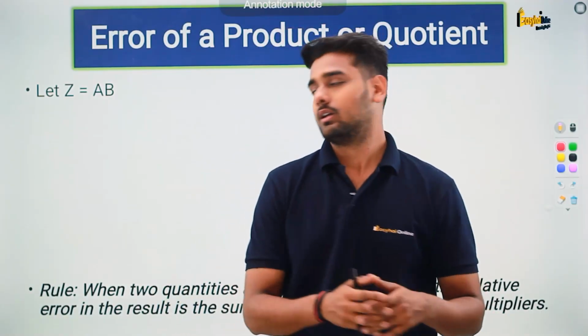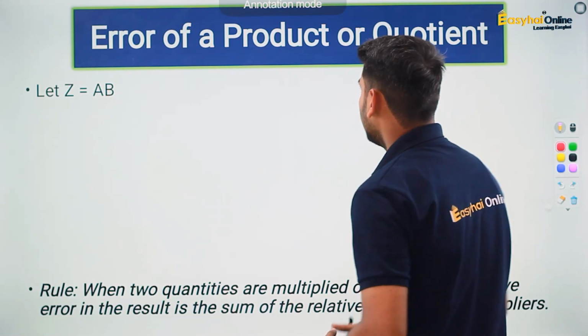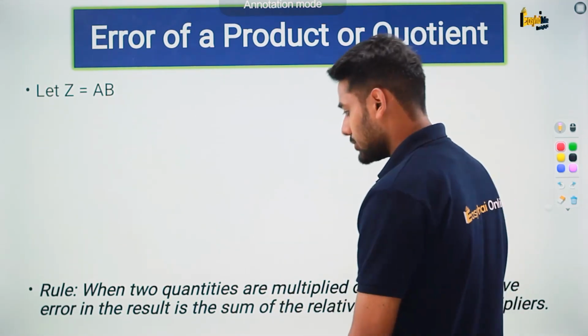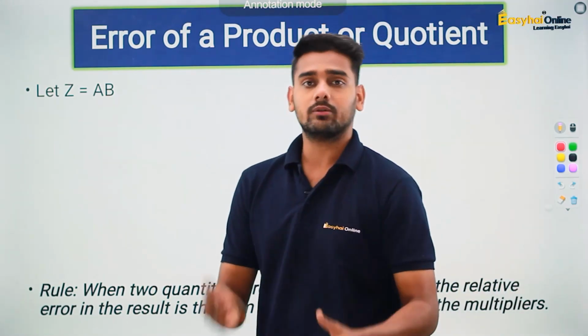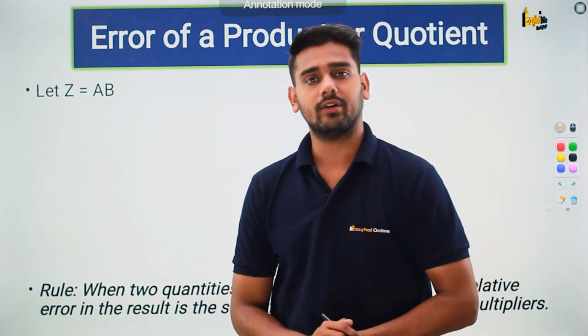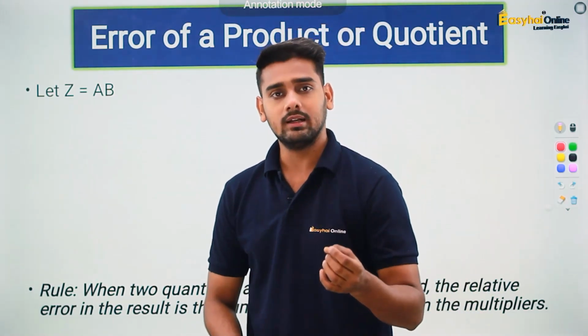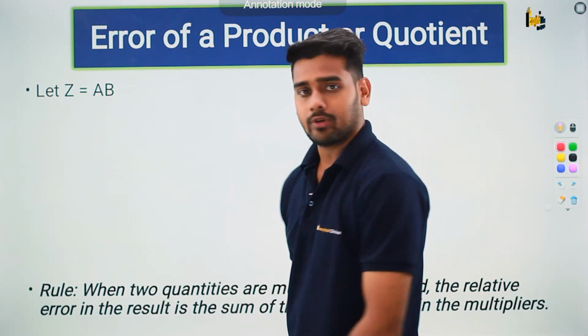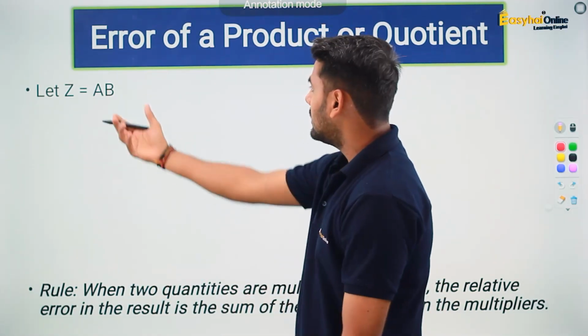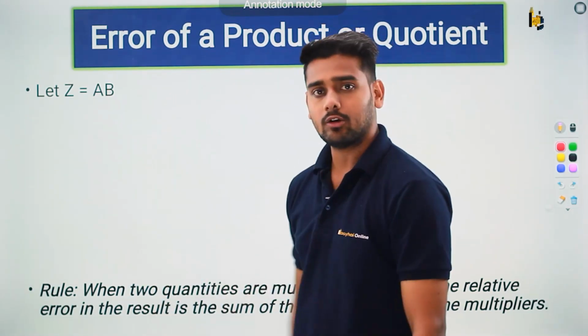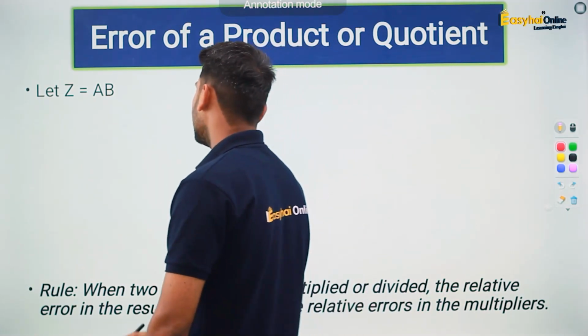Hello students. Now we are going to see what is the error of a product or quotient. When two physical quantities are getting multiplied or divided, we will see what exactly is the combination of error in that case. So here you have Z which is dependent on A and B,